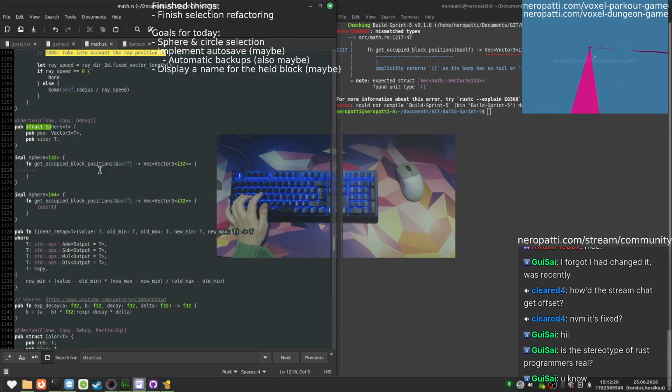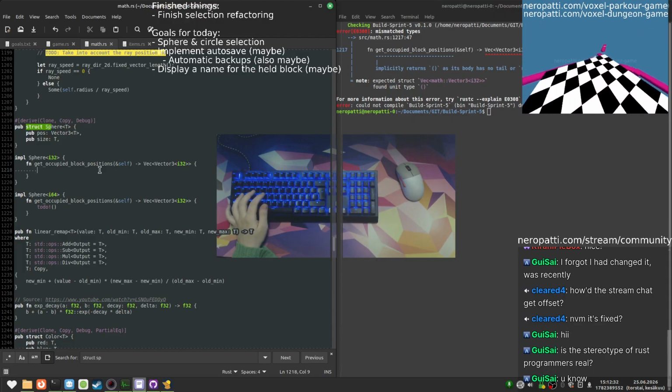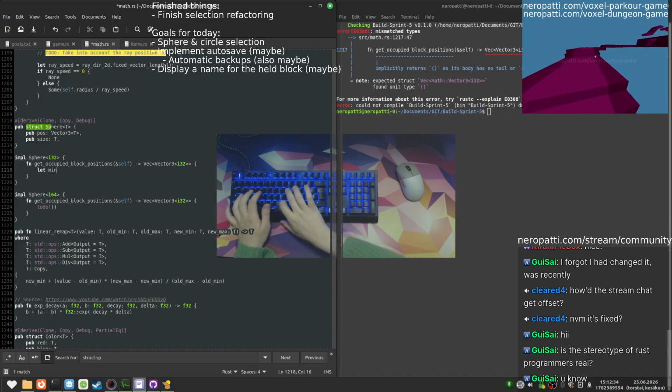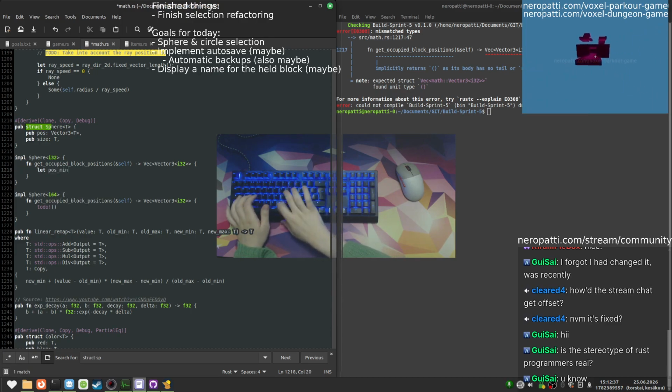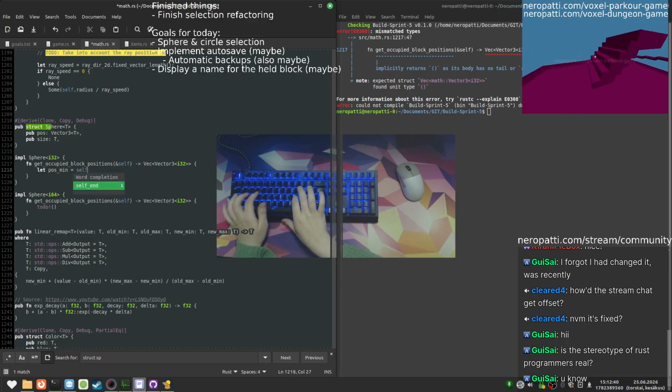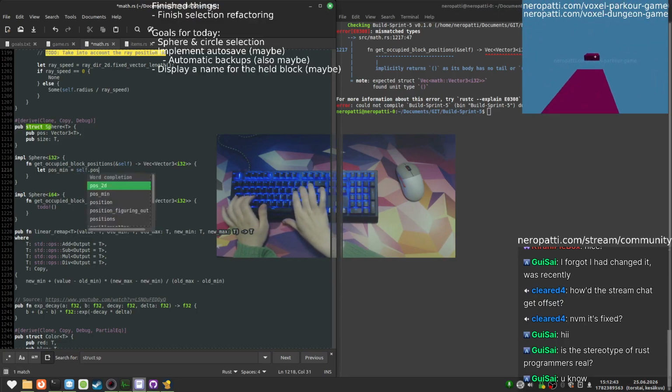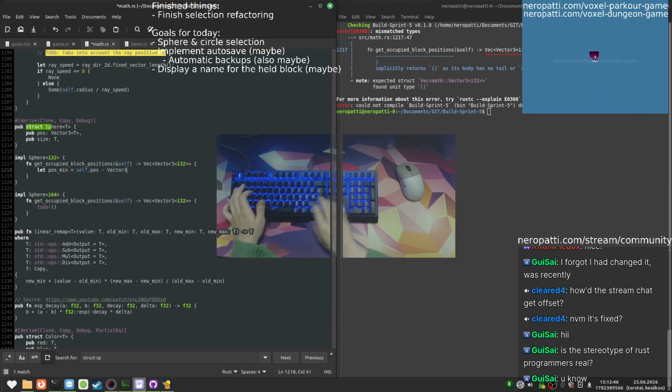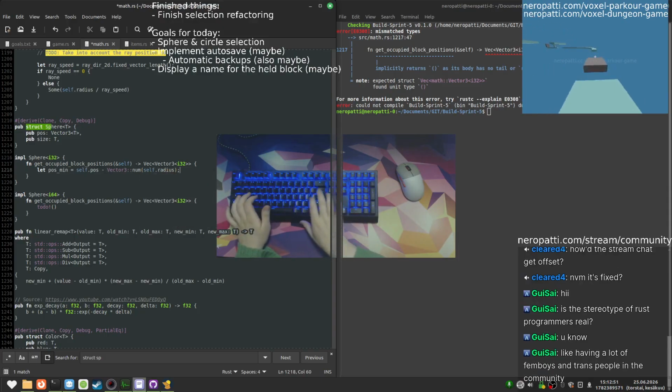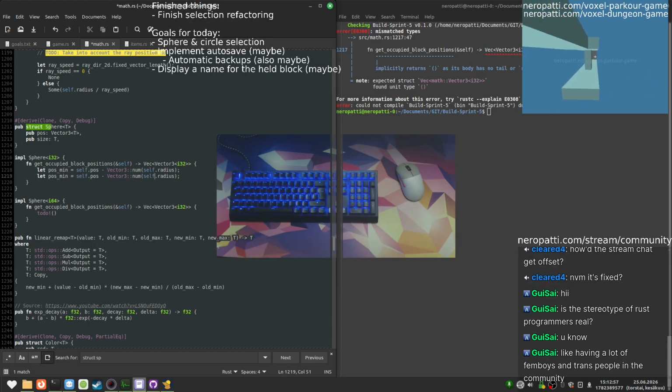Let's see. Okay. Well, I guess because we have the center position, and then we know the radius, then we just gotta, yeah, just do the thing. Self dot pos, and then we do minus vector 3 num self dot radius. I think